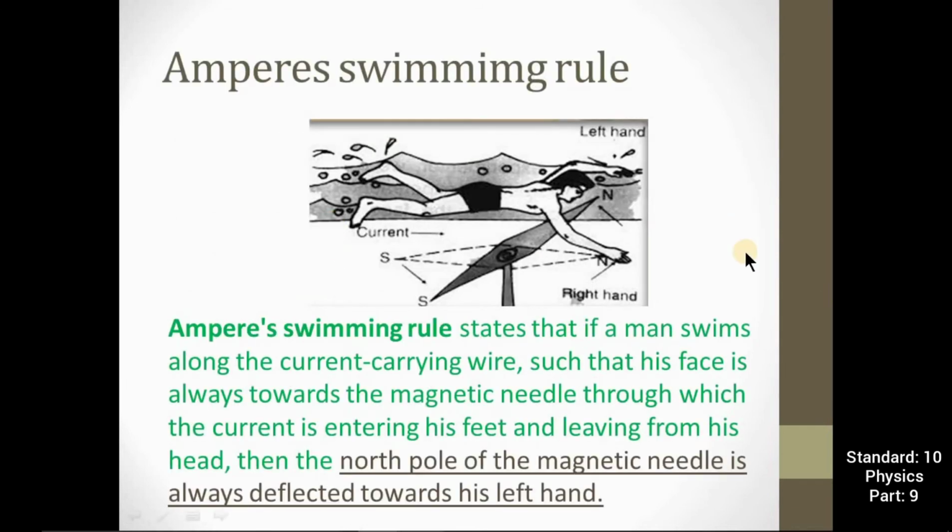What was the Ampere swimming rule? Let us revise. If a man swims along a current carrying wire such that his face is always towards the magnetic needle, and the current is entering his feet and leaving from the head,